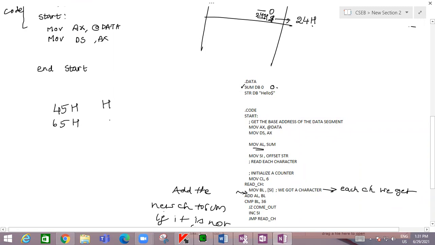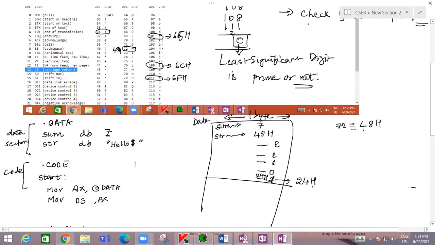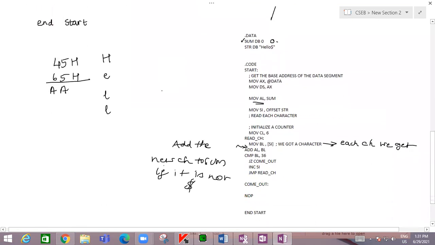That is for capital H, small e, L, L, O. So when you add, what do you get? 5 plus 5 is 10. 10 is A. So 6 plus 4 is 10, that is A. Again, what does L correspond to? It corresponds to 6CH. So A plus C is what? C is 12. 12 plus 10, 22.